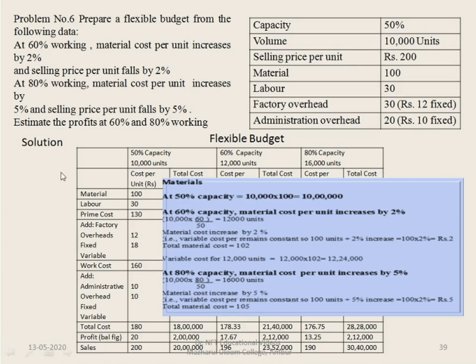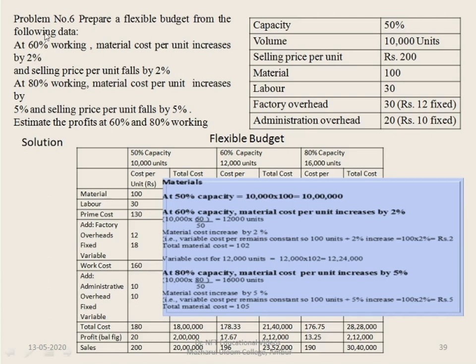Always try to prepare a cost sheet for a flexible budget, because a cost sheet is the statement showing total cost and cost per unit, which is applicable here in the flexible budget also. There you can add up the total cost and deduct the amount of total cost from the sales to get the profit as well.